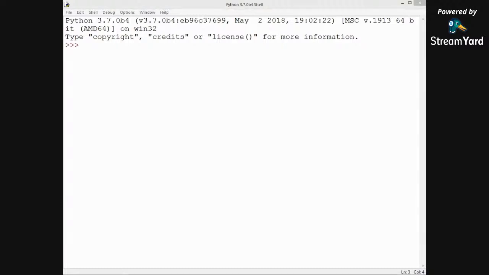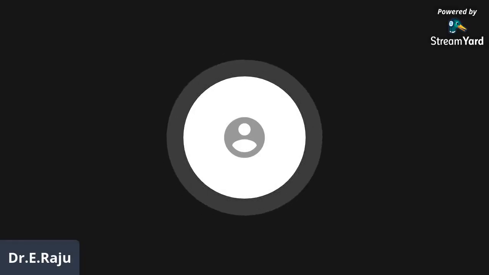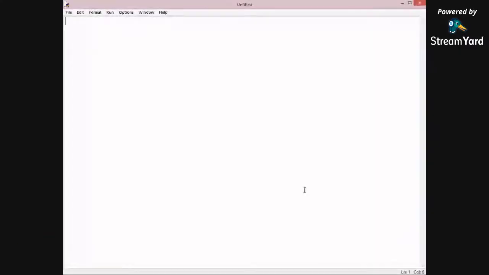Open a new file. Then a new editor window will be opened. Now this is the editor window opened. Hope you can see it on the screen. So here now we'll type a few example programs. We'll execute a few example programs